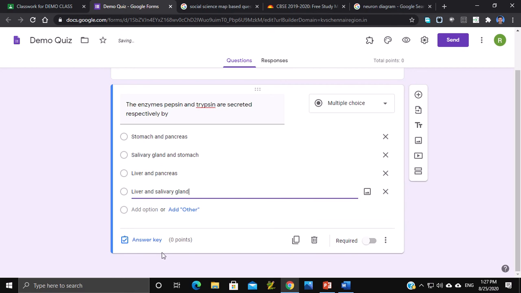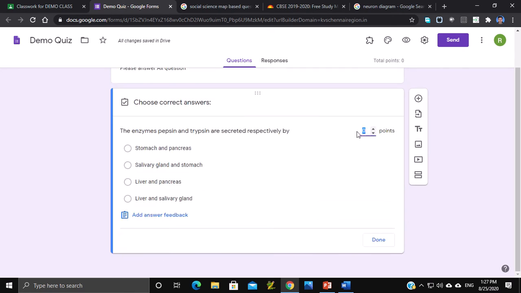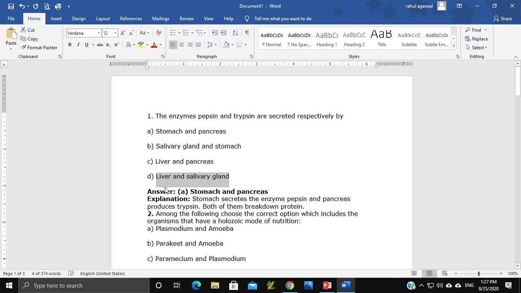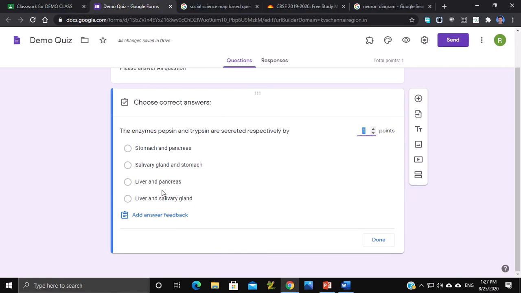Then we'll go to the answer key. Here we will allot the marks to this question. I am allotting 1 mark, and the answer I am marking here. Stomach and pancreas, I hope it is the correct one. Let me check. No, it is liver and salivary gland. So this is the correct answer.